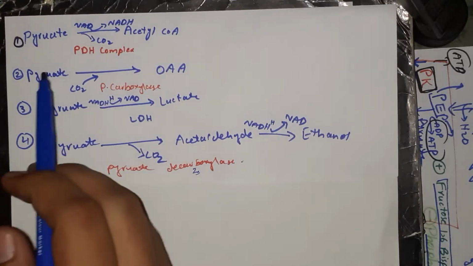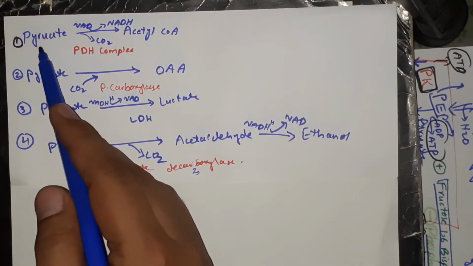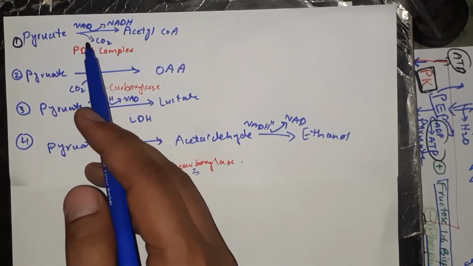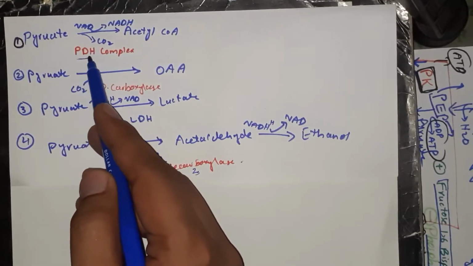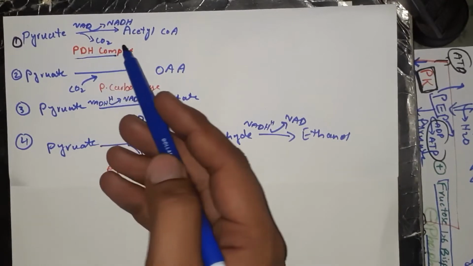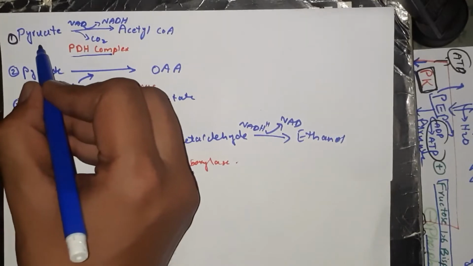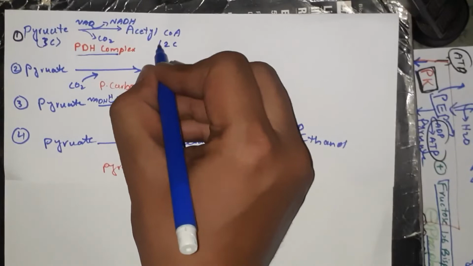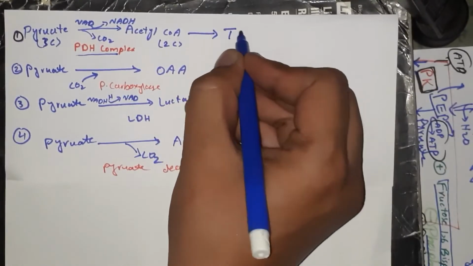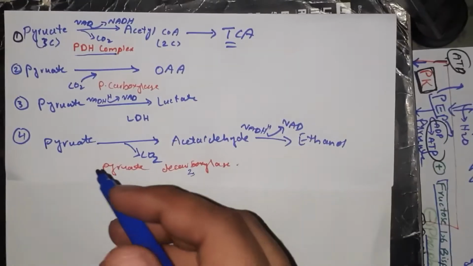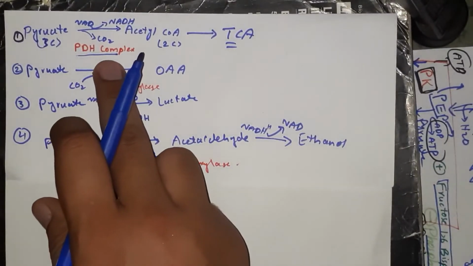So, what happens? The pyruvate, which is formed as a result of glycolysis in the glycolytic pathway, is converted into acetyl CoA, and this reaction is catalyzed by the pyruvate dehydrogenase complex. In this reaction, one NADH is produced and one carbon dioxide is released. Pyruvate is actually a three-carbon compound, and acetyl CoA is a two-carbon compound, and this acetyl CoA goes into the TCA cycle. The working of this pyruvate dehydrogenase complex and its associated clinical abnormality, we will study with